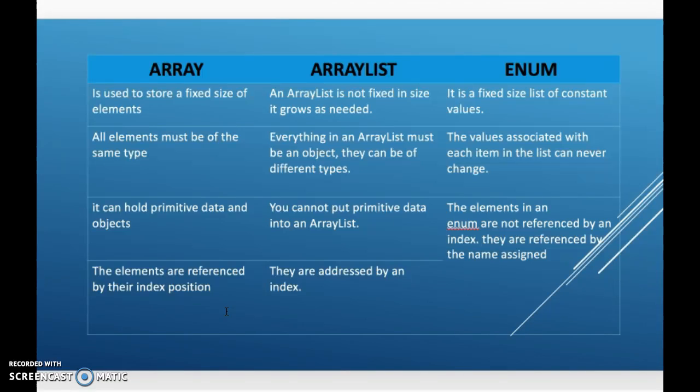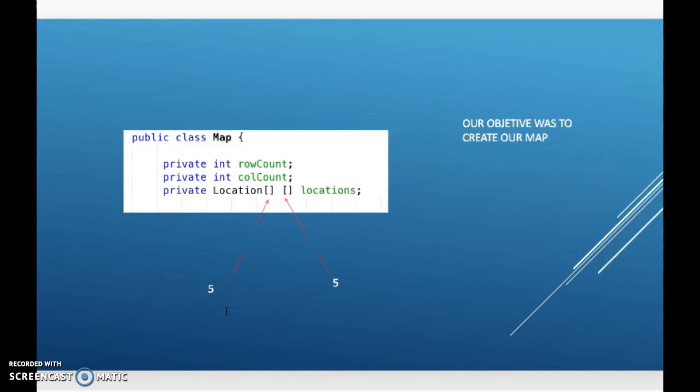It means that you need to create the enum with what you want to use in all the game or in all the code, and they are not referenced by index. For example,